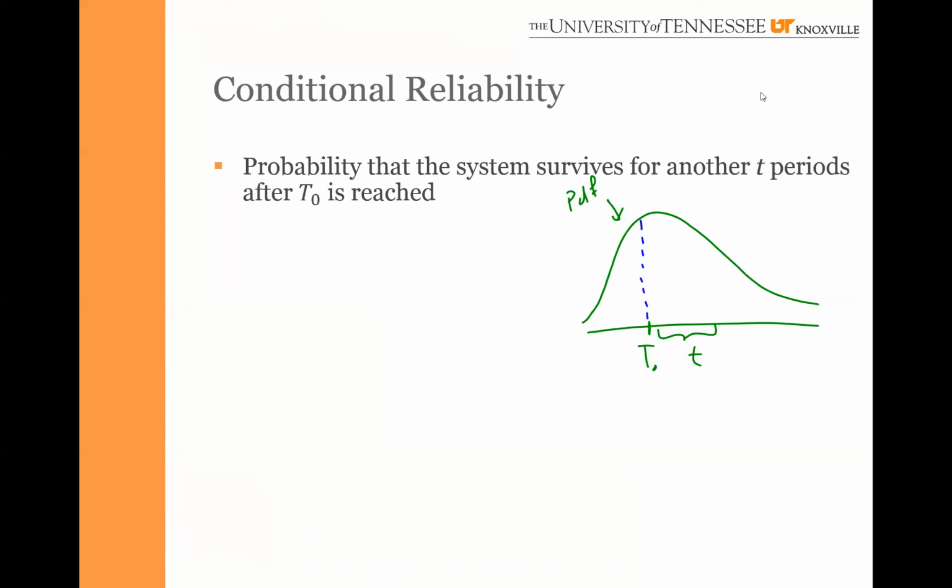I'm assuming nobody answers because everybody knows. Area under the curve to the right of T0, right? That will be the reliability. So this will be the reliability at T0. What about reliability at T0 plus T? Simple, right? It will be